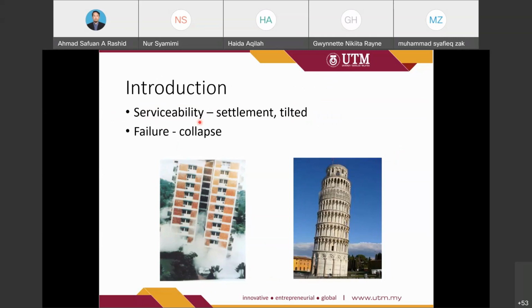For this part, it involves settlement, a tilt. So we feel uncomfortable to sit or rest inside the building. So due to this problem, we may find that there are some cracks, or whatever